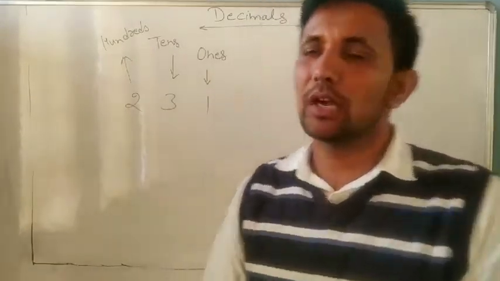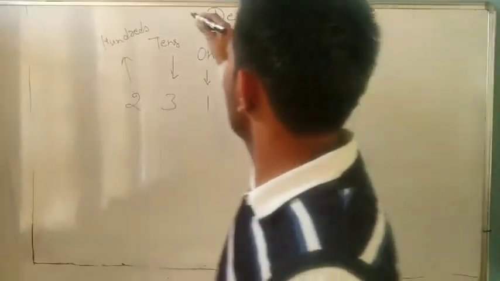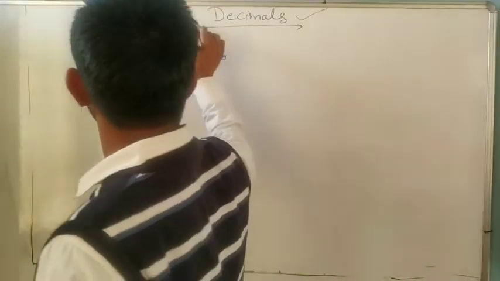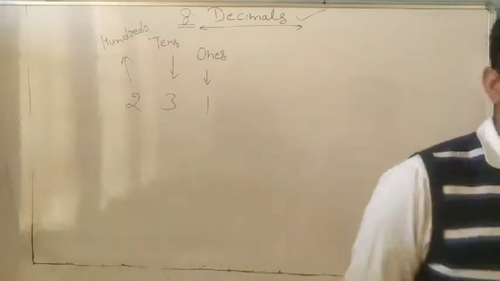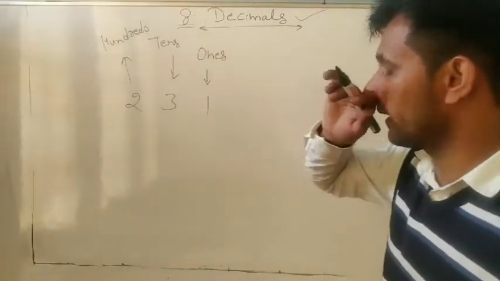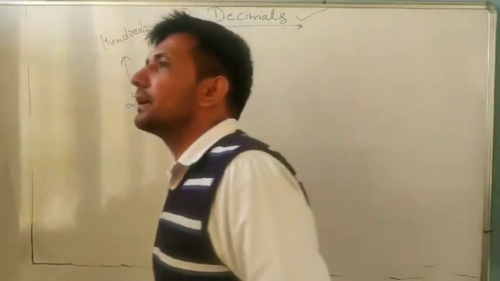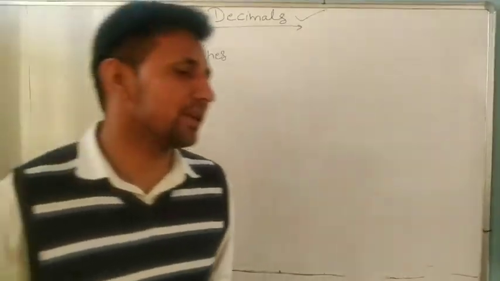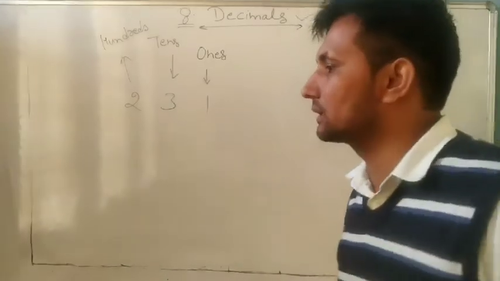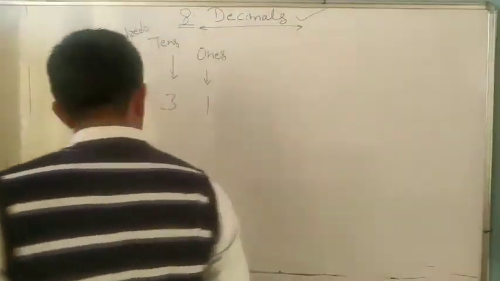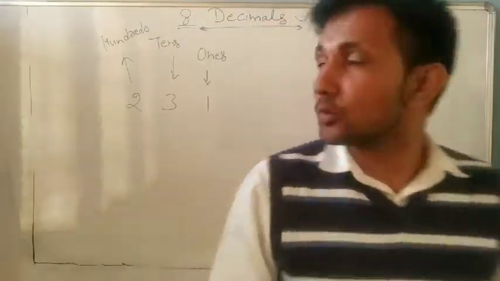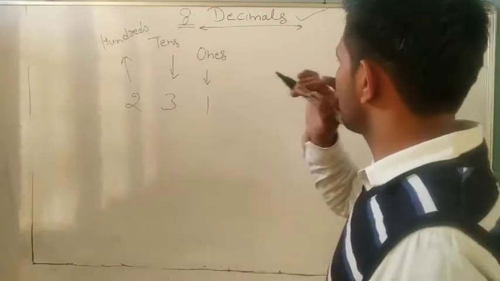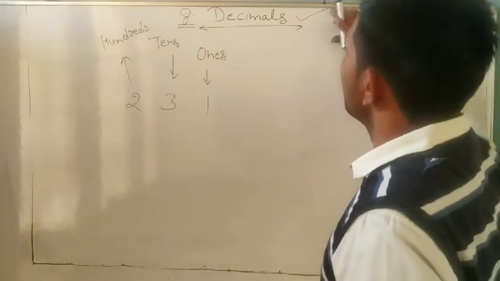Today we are going to start our new chapter, chapter number 8, decimals. We have already finished the 7th chapter. Now we will start our 8th chapter, decimals. Everyone already learned in 4th and 5th class what is a decimal and how we add decimal numbers. So before starting the chapter, we will discuss some basics. A brief introduction is given by me.